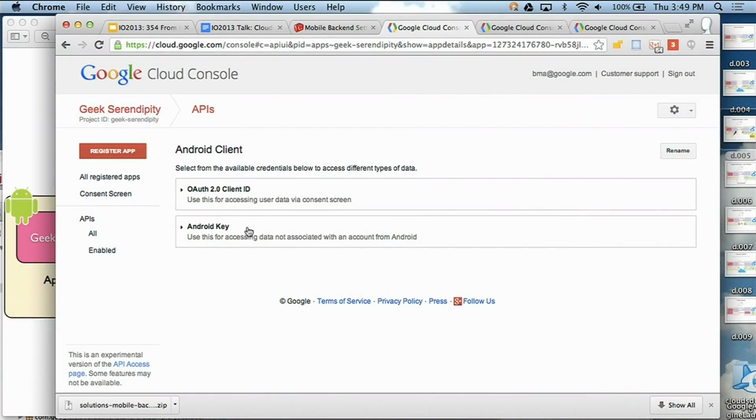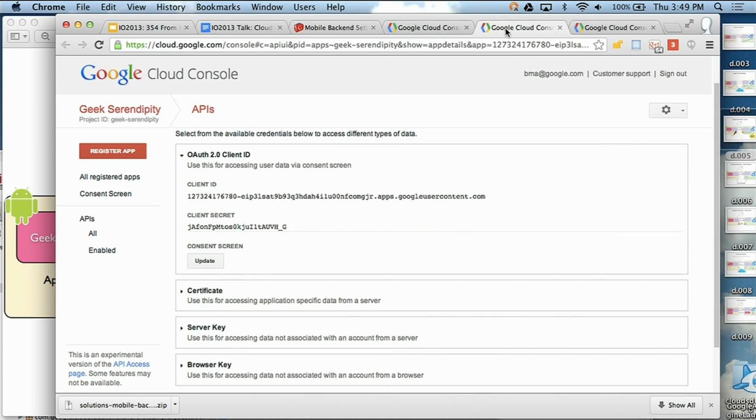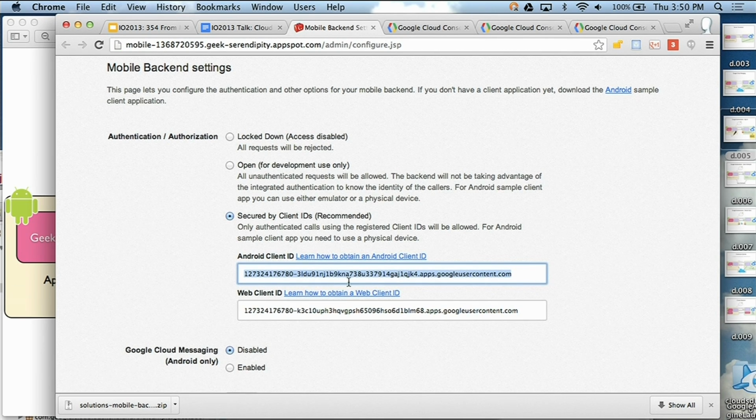So anyway, we generate that. And then once we have that, we have a client ID that's all wired up. So we just take that client ID and hand it to the mobile backend. So that handles the first step. The second step